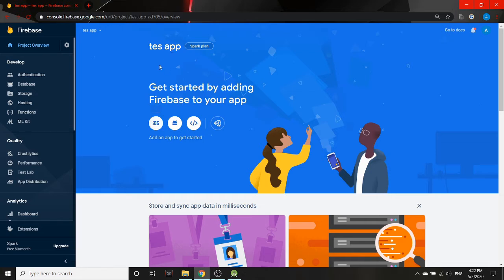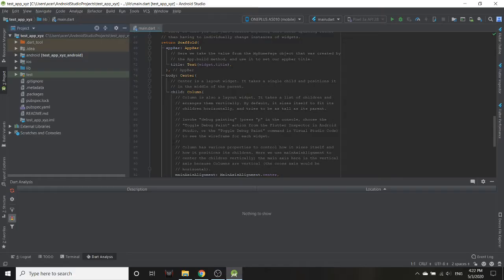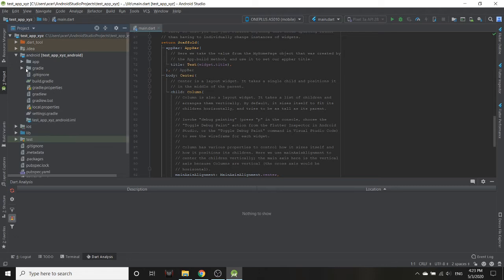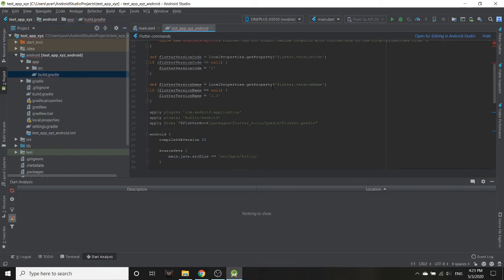It's fine, no problem. Now in our test application, we can add an iOS application, or Android application, or web application as well. I'm just going to go with the Android application right now. So we need the package name. In your project, you go to Android, then application, and in that you have build.gradle.